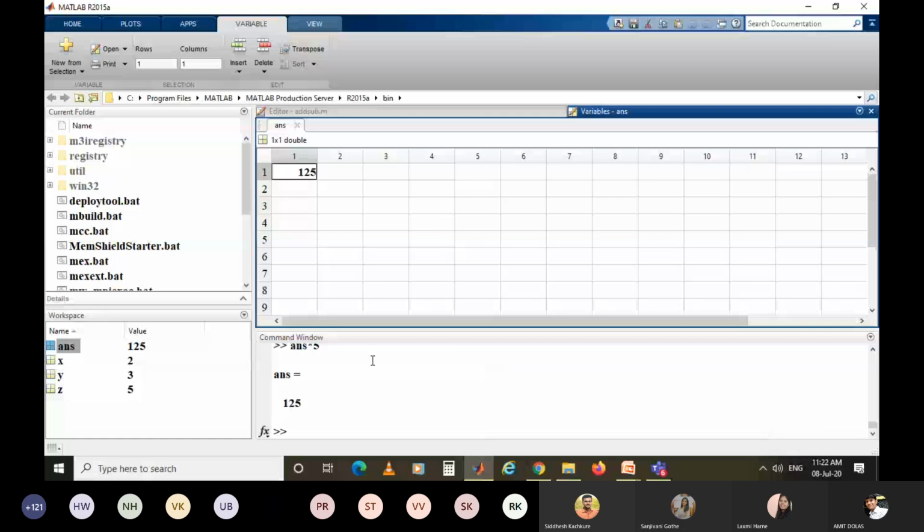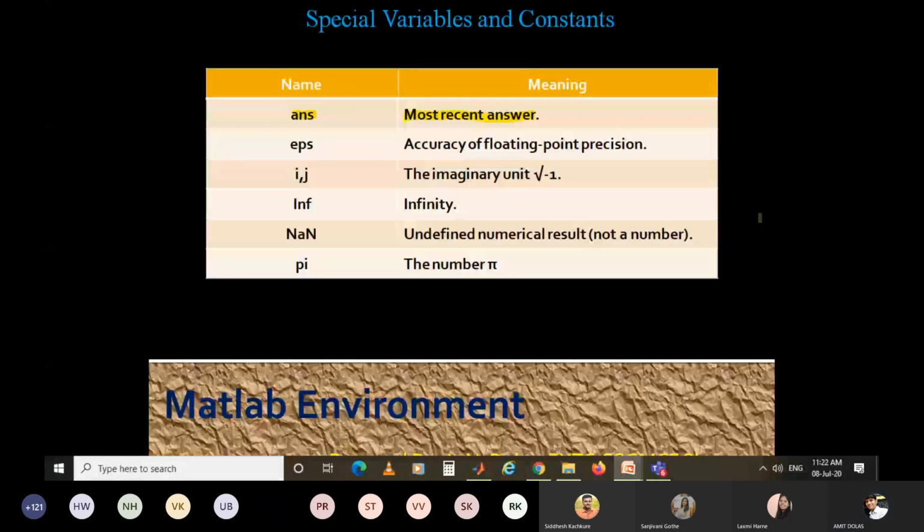For short functions, you can use ans. Otherwise, in long programming, it is better to use user defined variables so that there will not be any automatic update of the variable and the answer will not be different from what we are expecting.